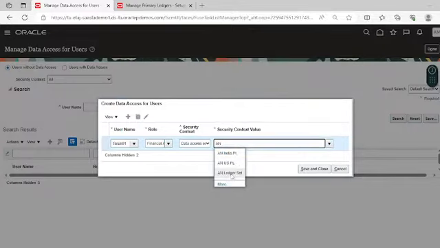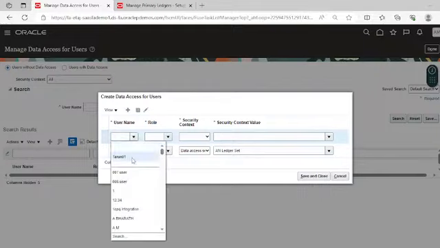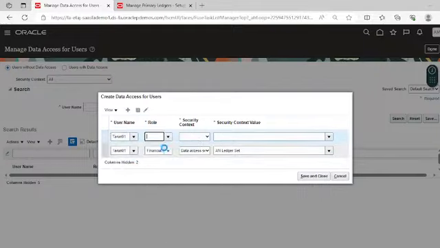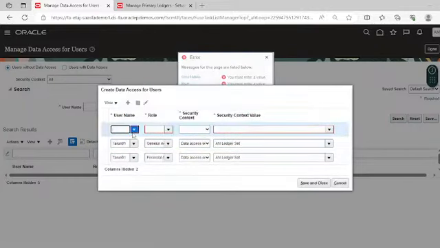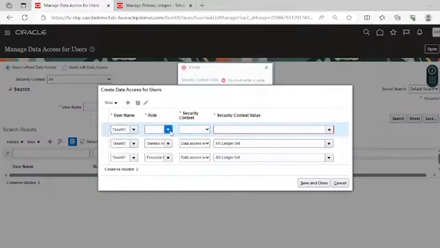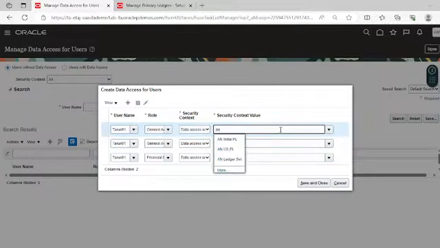You can see here AN ledger set. So we provided the data access to this user at ledger set level.